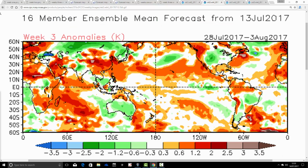We go through to the 28th of July to the 3rd of August. Again, very significantly hotter than average, not just for the UK, but again for many parts of Europe. So that's a 2-week heat wave that CFS is seeing there for the final week of July and just into the first sort of days of